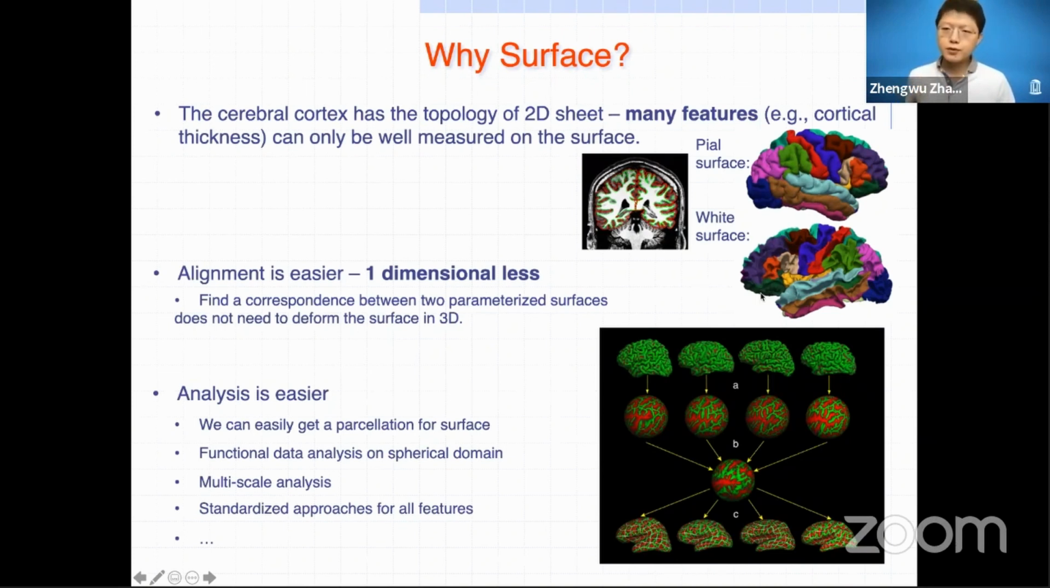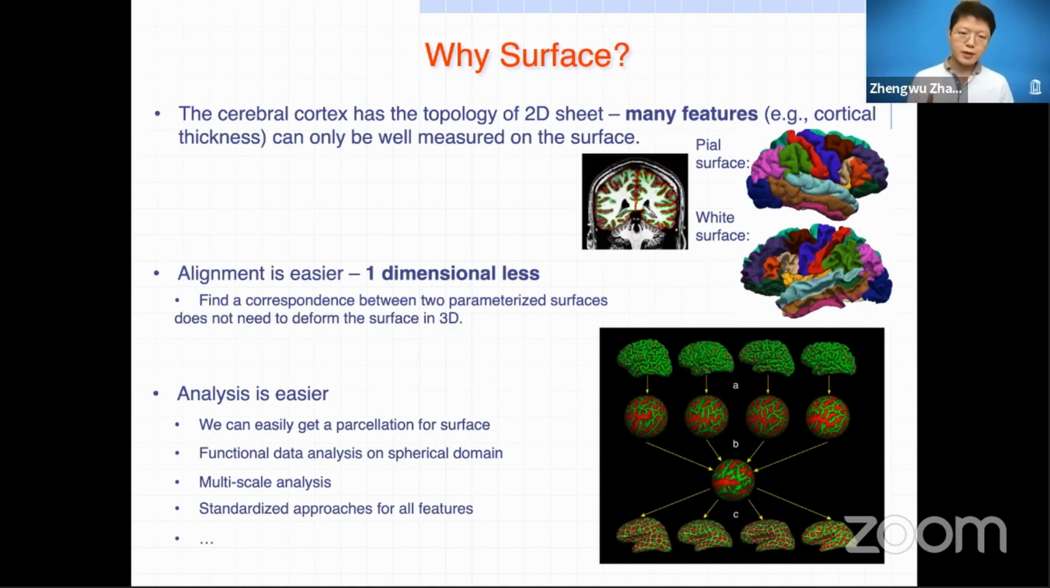So the second reason for using surface-based analysis is that the alignment is easy. Think about it: the most difficult part of statistical analysis of imaging data is to find alignment. It's pretty challenging to do this in 3D, but it's relatively easy to do the alignment on the surface, which is a 2D space, one dimension less than 3D. Another important